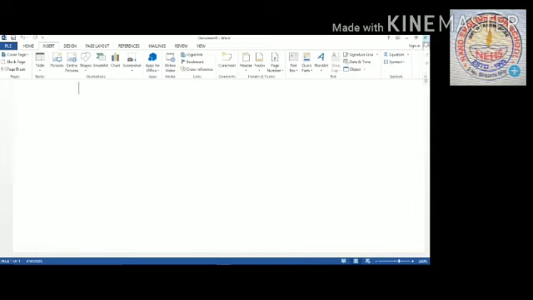This is showing current information, like number of pages and words. Okay, view button and zoom slide bar. This is your zoom slide bar. This is plus minus. This is your zoom slide bar. Okay, children.